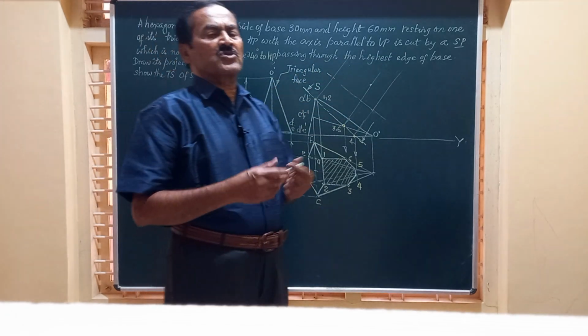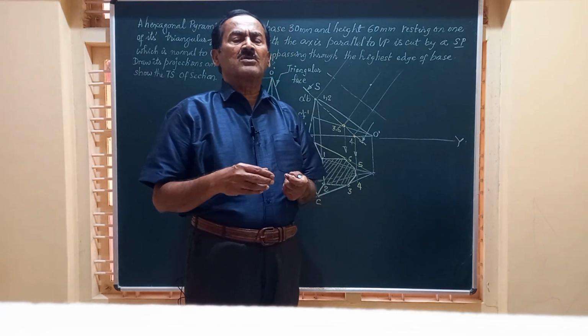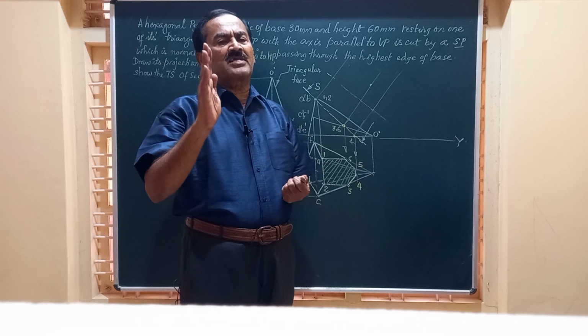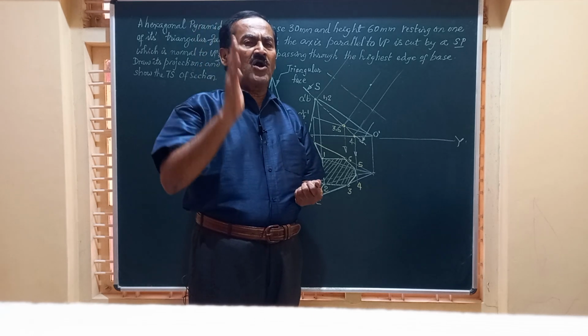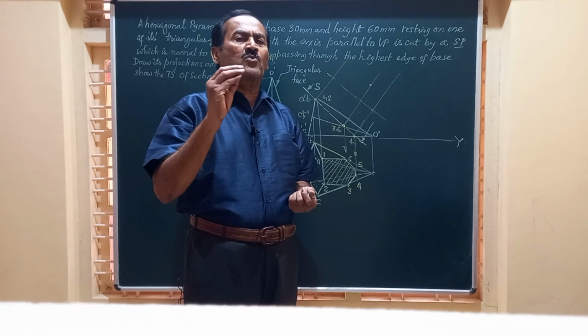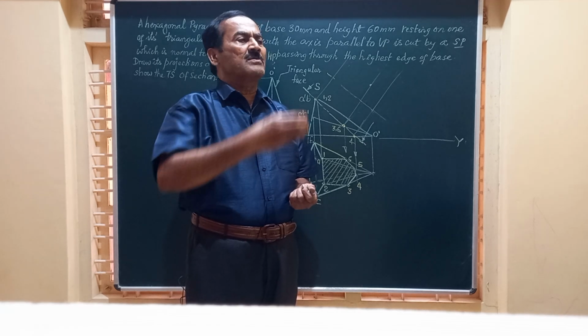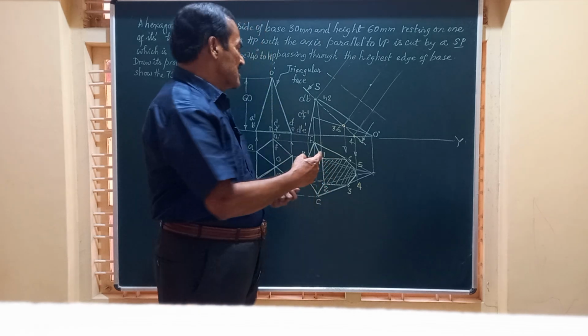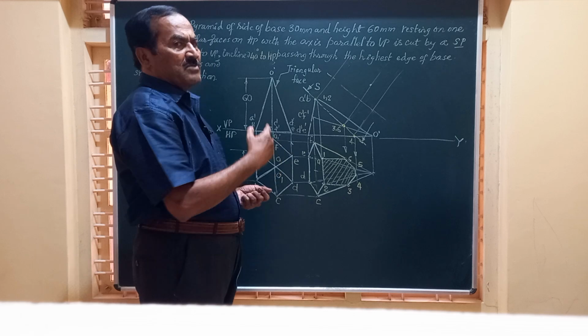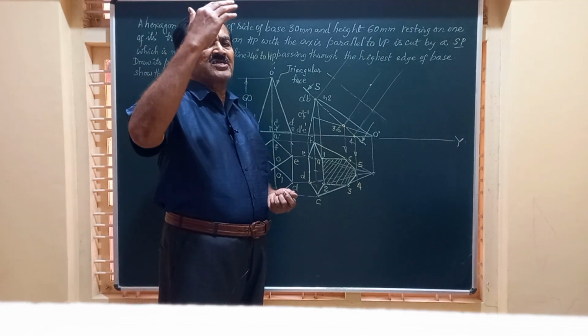And friends, how to start with this question now? It has been given that it has to rest on a triangular face on HP. Friends, in all the problems on pyramids, whenever it has to rest on one of the triangular faces, place the pyramid on HP such that one of the base edges, say ED, is normal to VP, obtain its top view